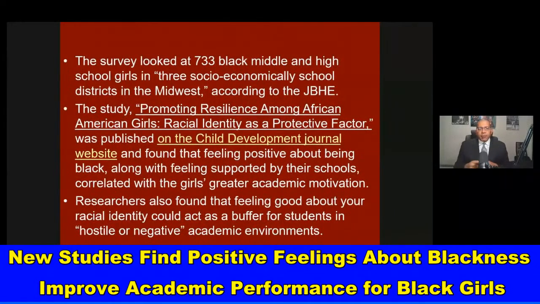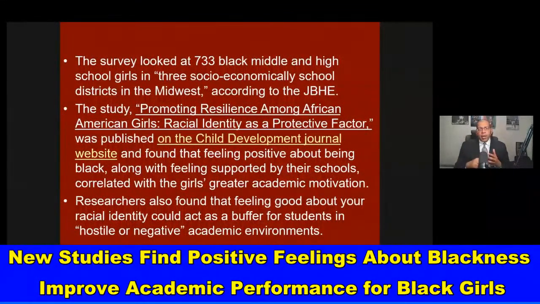The survey looked at 733 Black middle and high school girls in 3 socioeconomically diverse school districts in the Midwest. The study, called Promoting Resilience Among African American Girls, Racial Identity as a Protective Factor, was published on the Child Development Journal website, and found that feeling positive about being Black,